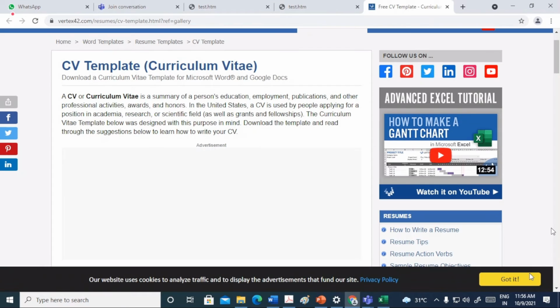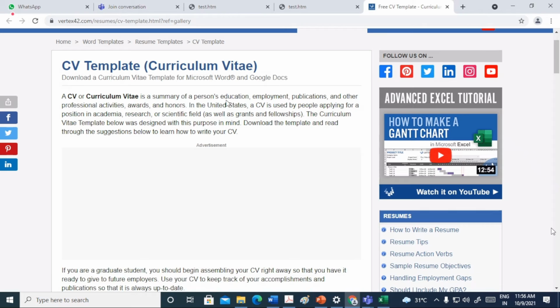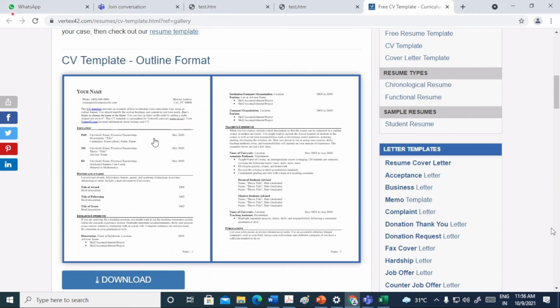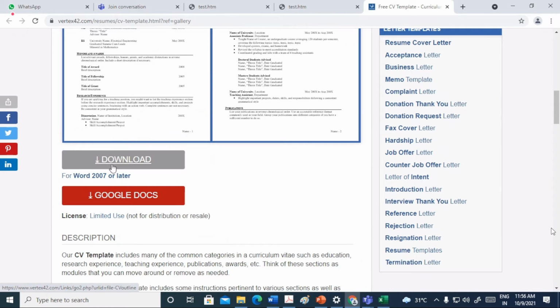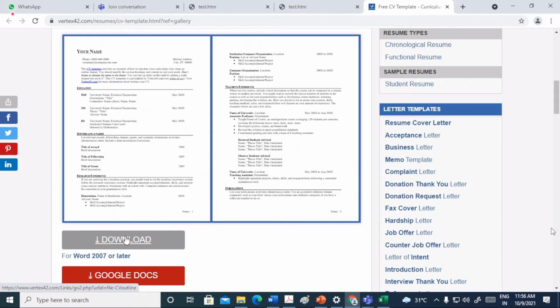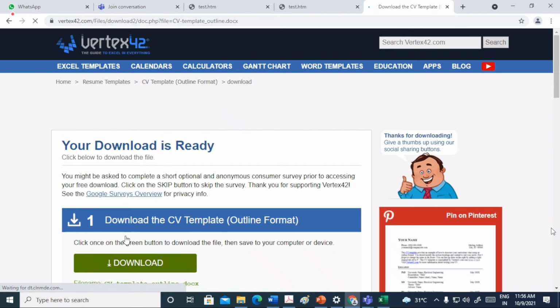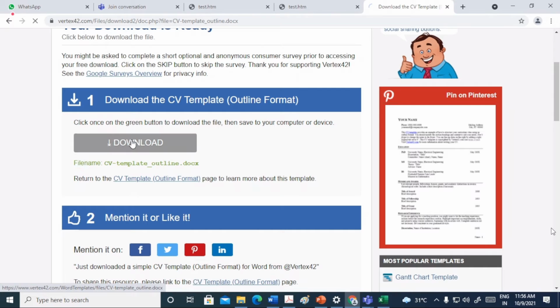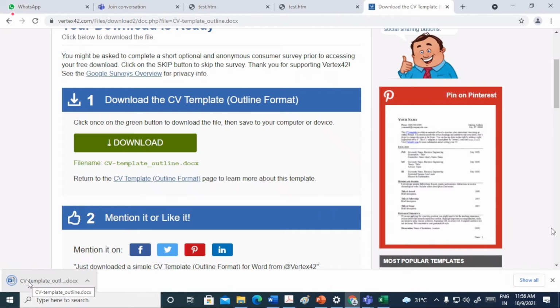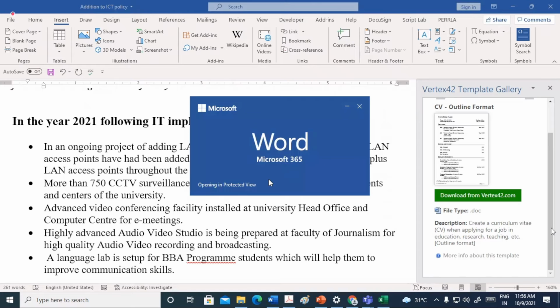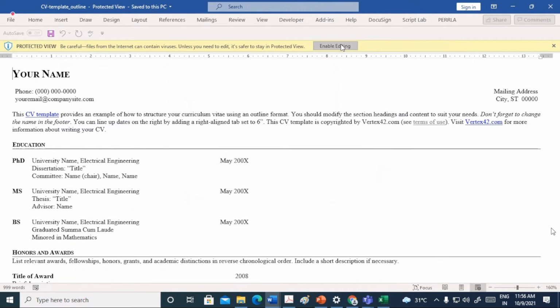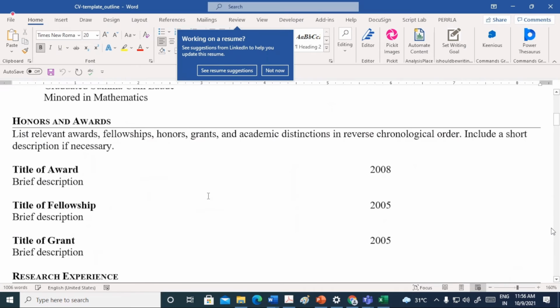Okay, it will ask to accept cookies and you can just download it. And here is your template, right?